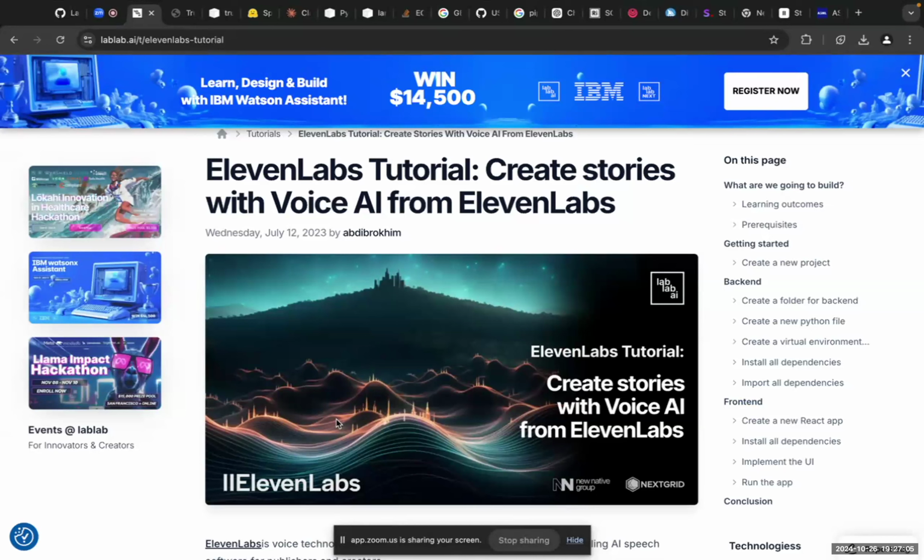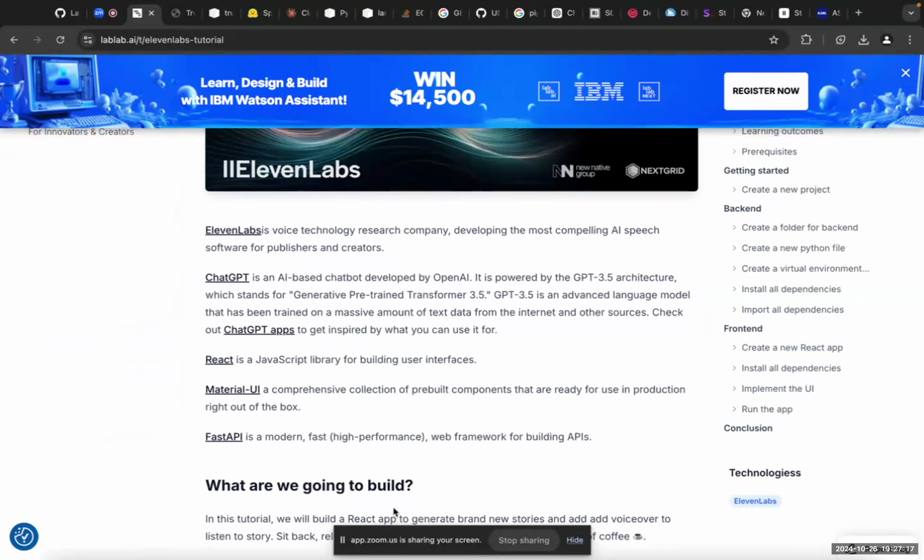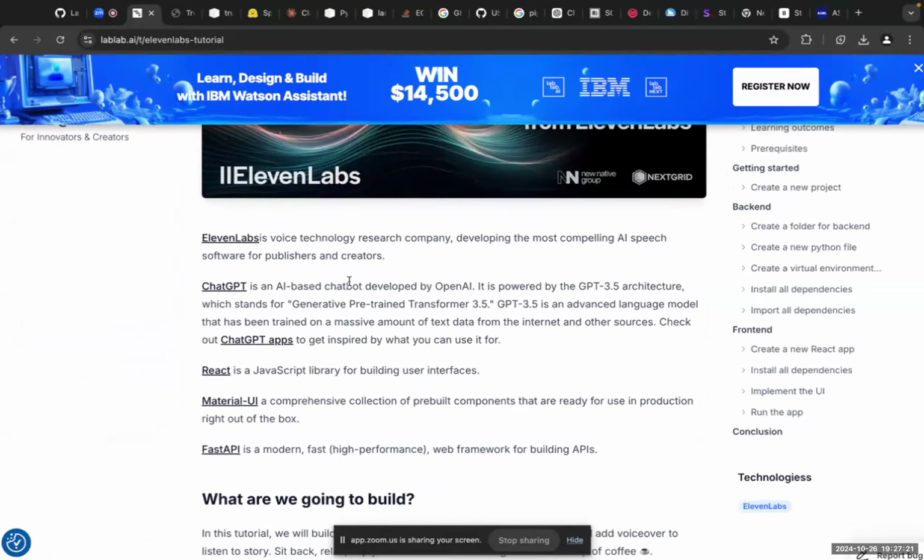From the text you can create the story in the audio format, and you need to do the same steps. You can take the code, create the virtual environment, activate the virtual environment, install the dependencies and libraries, and then you can create the front end and back end, right? So what they'll do in this one, ElevenLabs is a voice technology research company developing the most